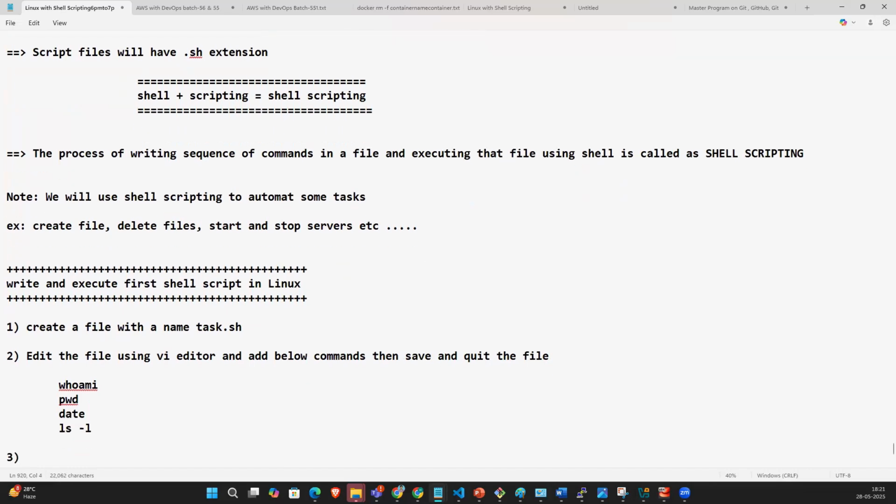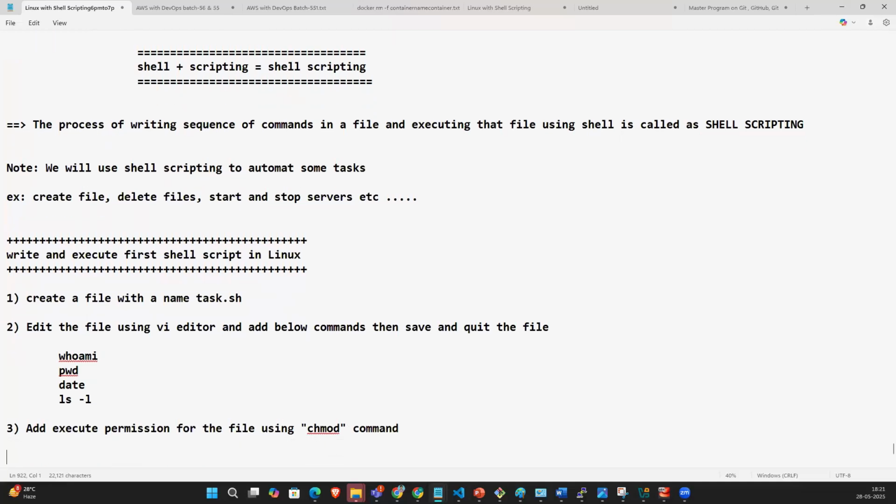The third one is add execute permission. Add execute permission for the file using which command, guys? chmod command. I already told you, right, guys? chmod command. Okay, so fourth one,